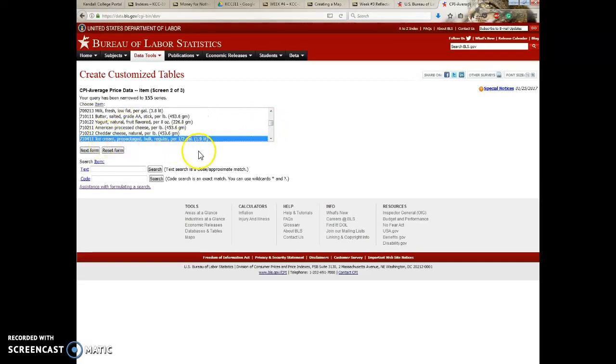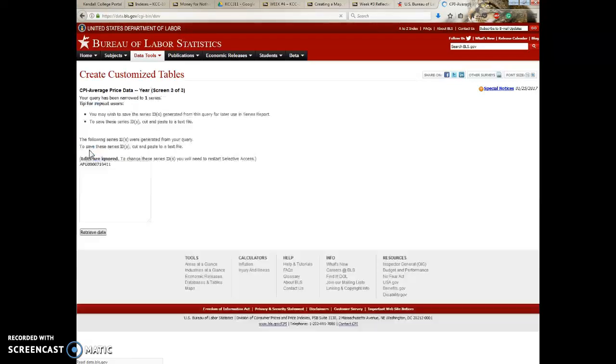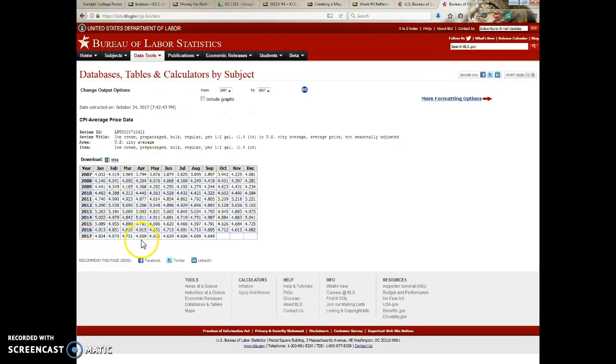Myself, I love ice cream. Let's go with that. I'm going to highlight the data I want and click next form. And this is just a code that they use to represent ice cream data. Don't even worry about it. Just click retrieve data. And then, ta-da,